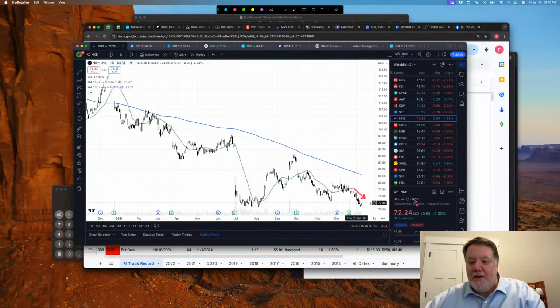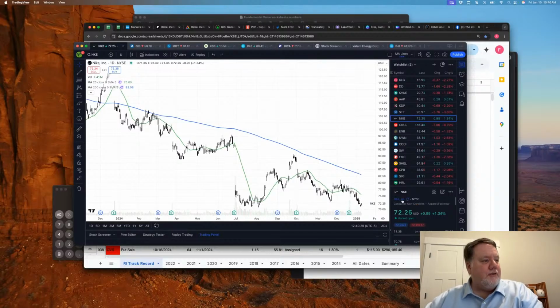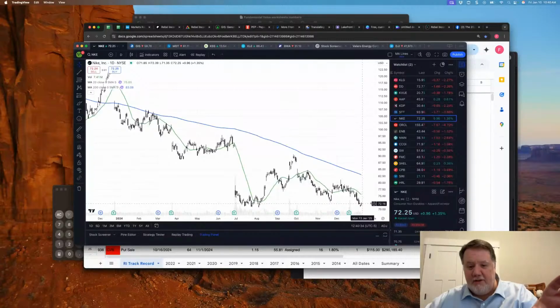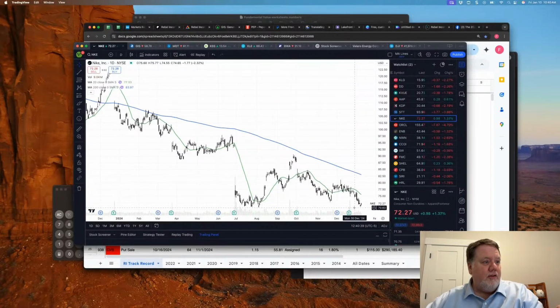Carl, I've not done it lately, but with some of these fundamentally sound stocks, I've had some foreshadowing by overlaying the S&P 500 chart over the stock chart. I've not done it of late. Well, that's interesting. So let's take a look at that as it relates to Nike, because we can see this is picking up momentum. So this is in kind of the same spot right now as Hormel. And all things being equal, I don't know. It's rallying a bit today. It could continue that next week. So we'll see how this shakes out.